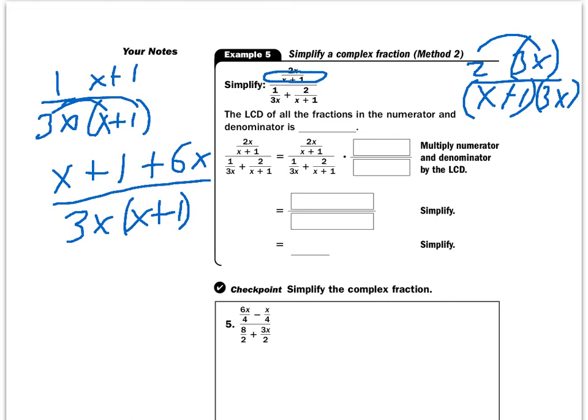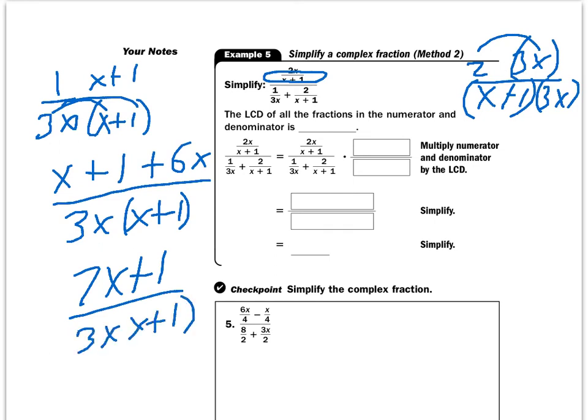So I end up with 7x plus 1 on the bottom of the bottom. Okay, so if I have 7x plus 1 over 3x times x plus 1, and that's what my entire bottom ends up being,